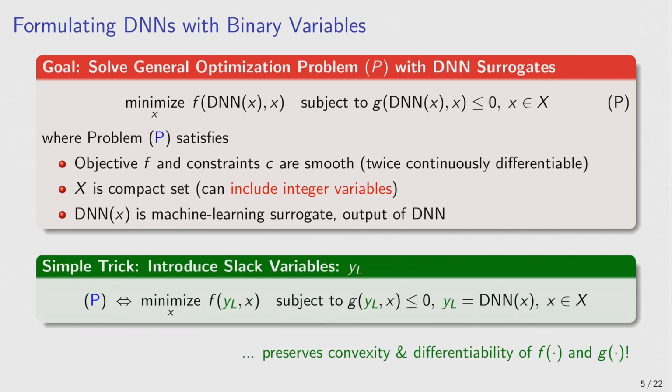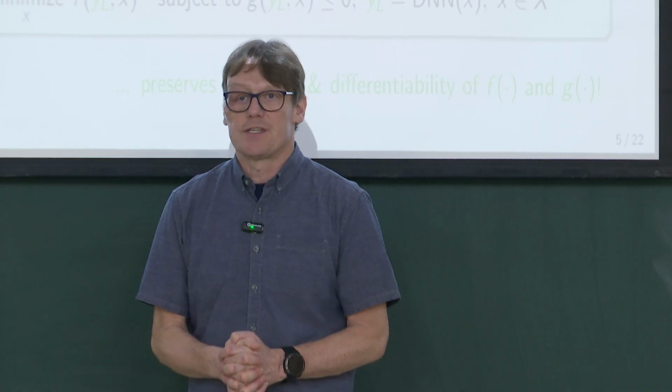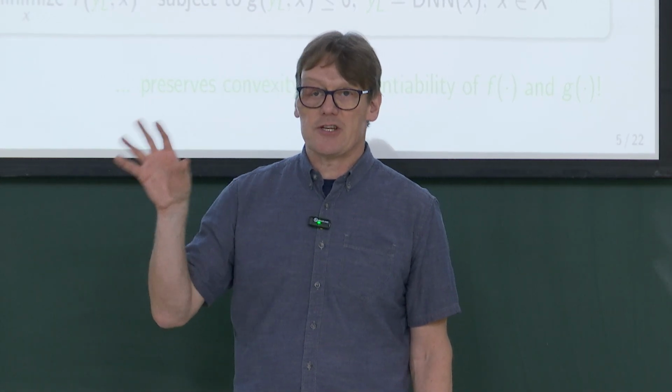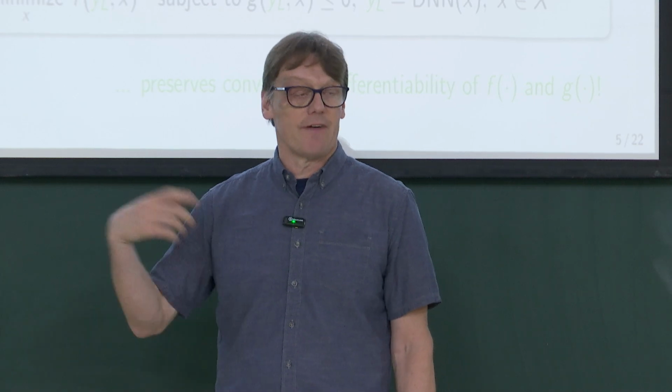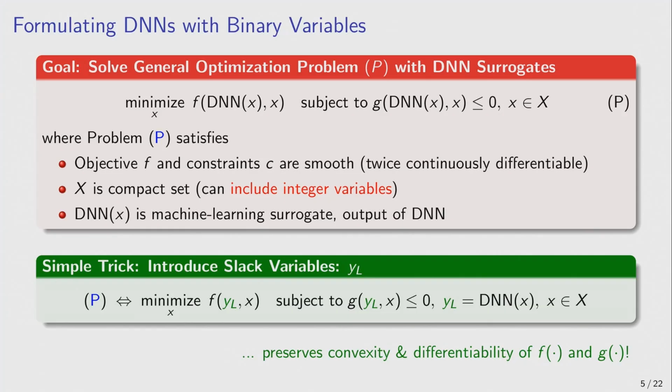The first trick we're going to use is one you're now familiar with. We've used this in constraint disaggregation, and when rewriting optimization problems. When we look at the computational graph, we introduce additional variables and disentangle these nonlinearities. Here, I introduced a variable y^L, which is the prediction that comes from my neural network, and just treat this as a slack variable, for example, and replace my neural network inside my nonlinear functions